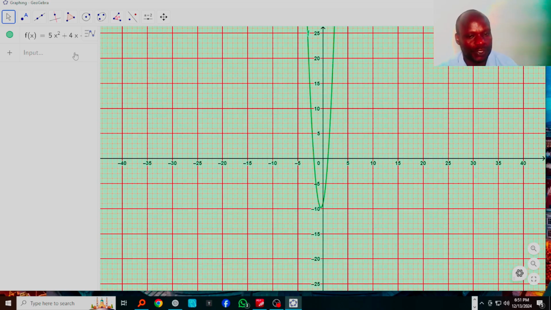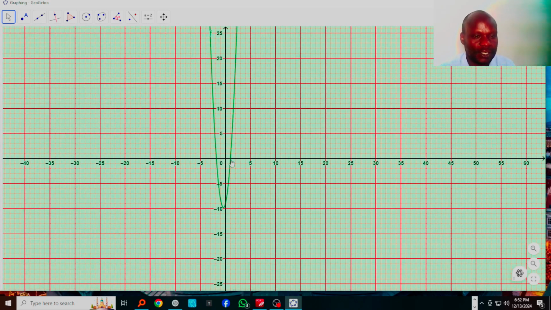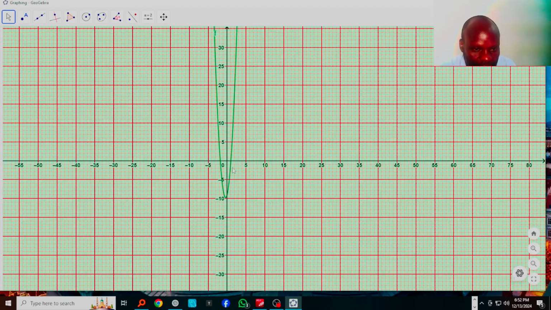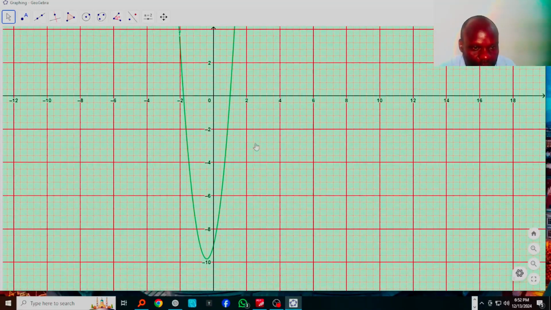So we don't put the is equal to 0 term, because when we have that being equal to 0, it means we have already conditioned the value of y to 0. But now, because we want a curve where we allow y to take up different values, then we just draw 5x squared plus 4x minus 9 as such. And then if you look at this curve, if you study this curve now, you'll see that by bringing it much closer, you realize that